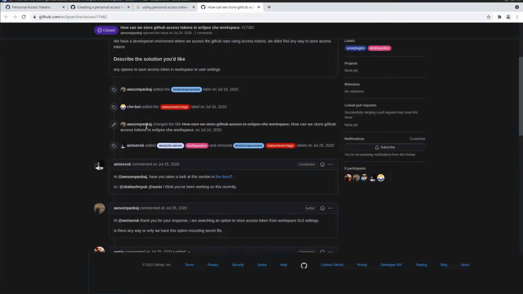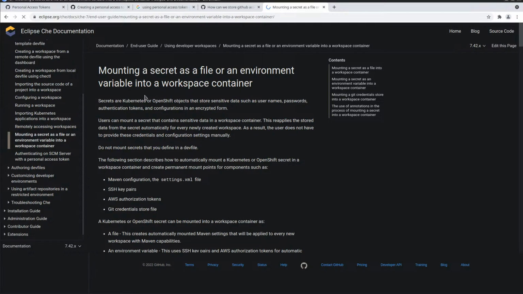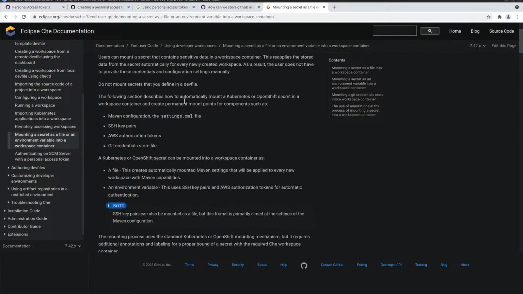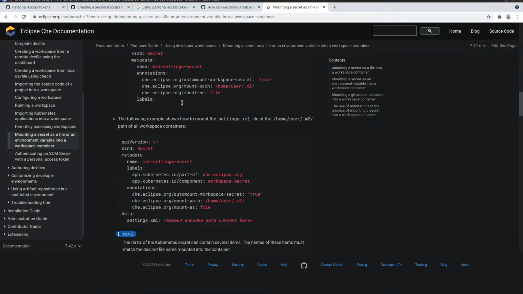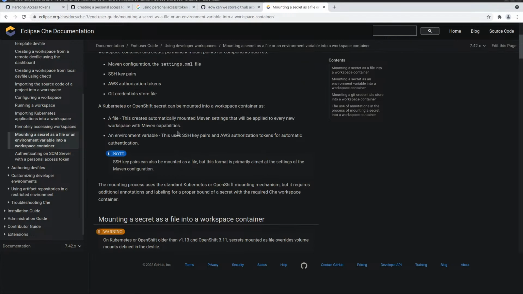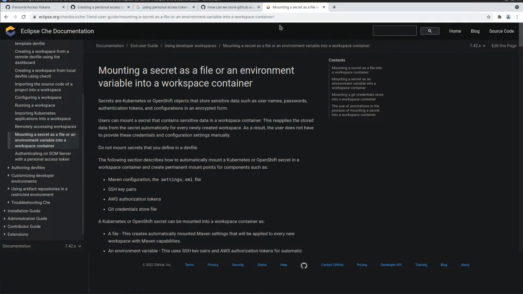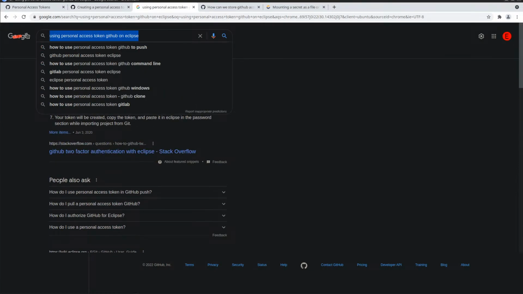Okay, what's the other option? The option they are talking about. As a link, let's look at this. Mounting a secret as a file, workspace container. Oh, this doesn't look right. Just look on, okay, using